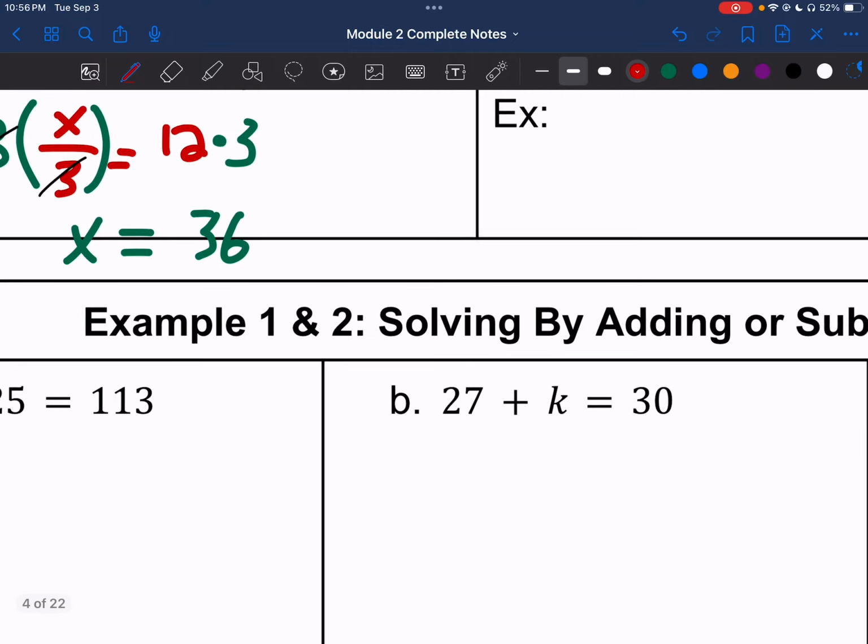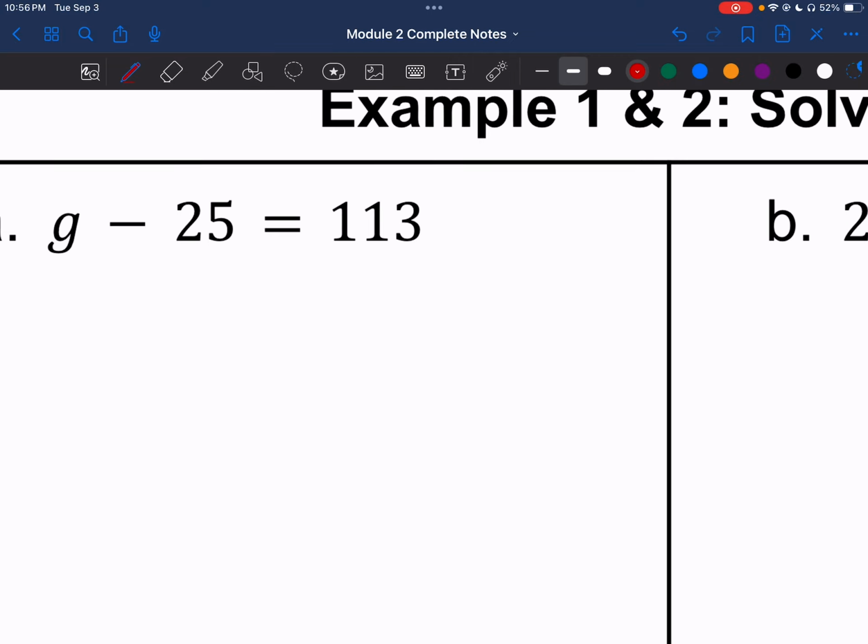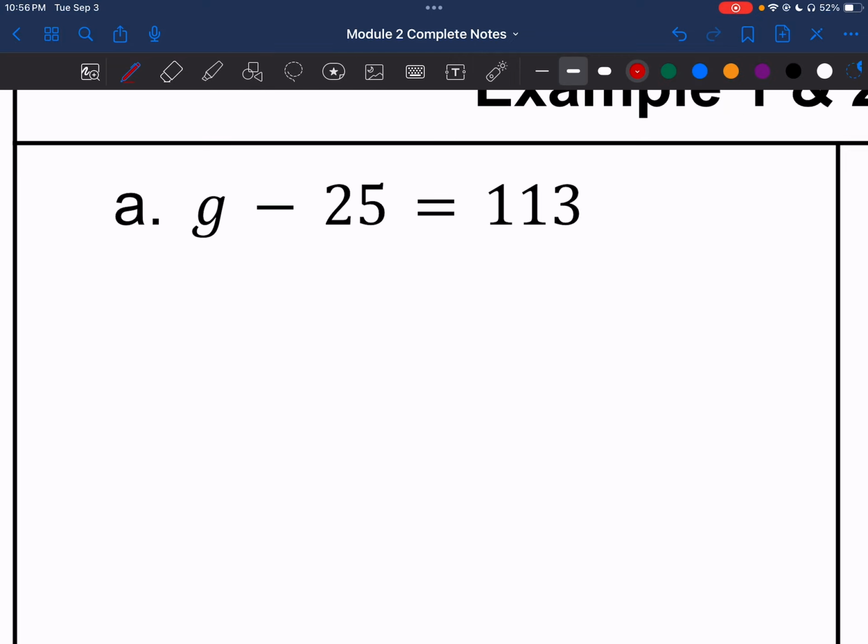So let's work our way through some examples. Example 1 and 2 are combined here, and we're going to solve using addition or subtraction. So when I look at this, I am always looking to do whatever the opposite operation is of what I see. So right here, I am seeing that we are subtracting 25. So if I want to isolate the variable, I want to get the variable, this, all by itself, what do I need to do? I'm going to do the opposite of what I see. I'm going to add 25